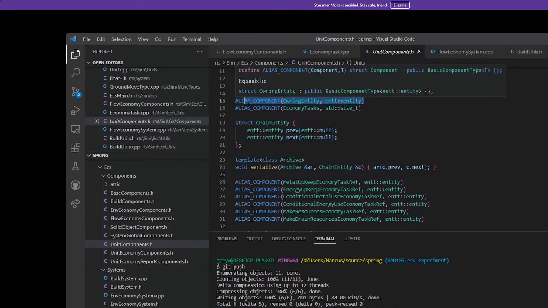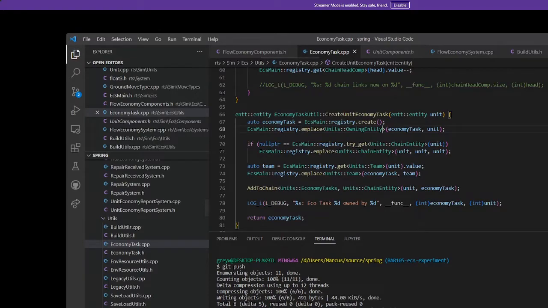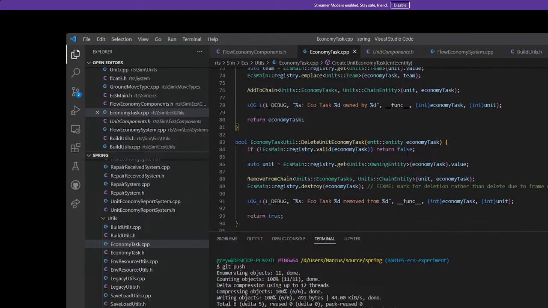So that's just simply a single value for entity, which obviously points back to the unit that owns that economy task. So from any economy task, you can always go back to the unit that owned it. The doubly linked list: I've got shorthands for removing from chains, adding to chains, and stuff like that. And it actually turned out to be quite simple to iterate through